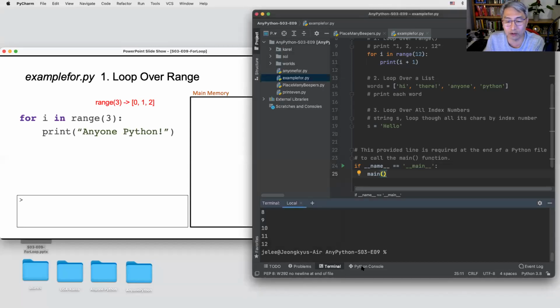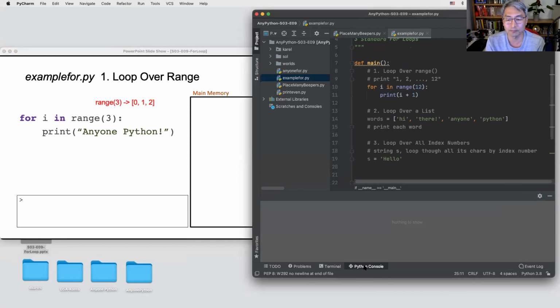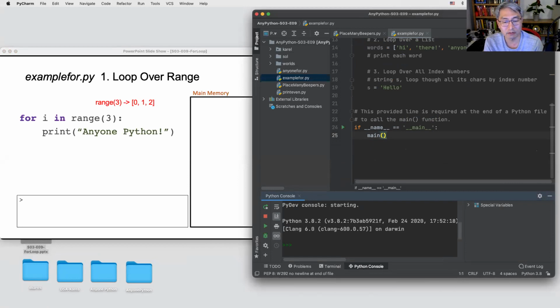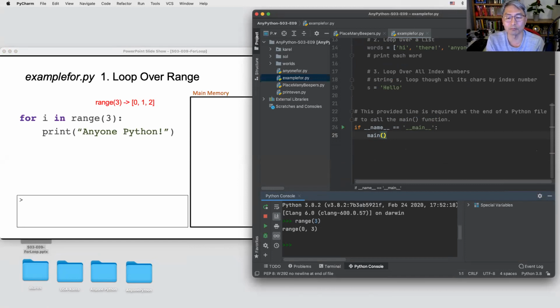If you want to make sure what will be generated, you can use the console like this, then type. It's a list. Yes, a list, with the generated values 0, 1, 2.